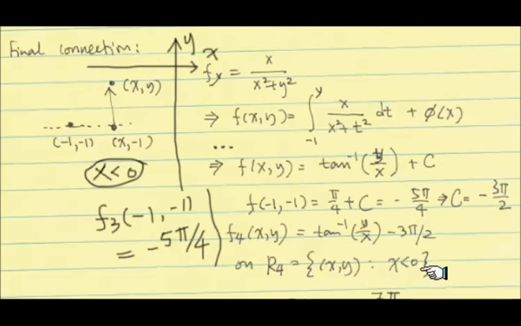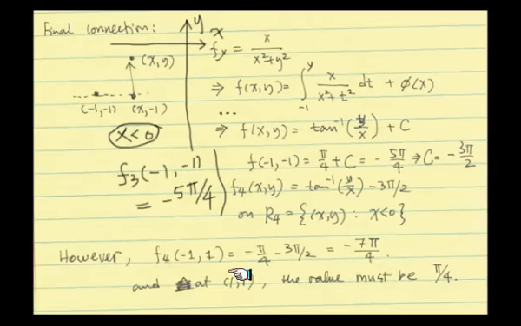for that region. But f4 connects to the second quadrant over there, which is already computed. And that's a problem. So let's look at it here. f4 of negative 1, 1, which is up there, in the first quadrant right here, that we're not showing. If you evaluate that function, that formula we are forced to define to match this f3 overlap there, it gives you negative 7 pi over 4. But if you go back, at 1, 1, we have the initial value of pi over 4.